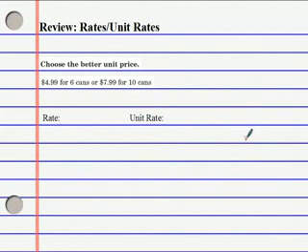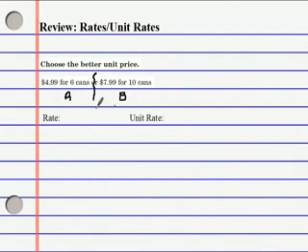Now let's look at our better buy questions. And they want us to choose the better unit price. In other words, who has the best deal? We can spend $4.99 and get 6 cans of something, probably Diet Coke if I'm doing the shopping, or we can spend $7.99 to get 10 cans. We know that this is really two different problems that we have to solve and then compare. So to keep my work organized, I'm going to label this first one as problem A and the second one